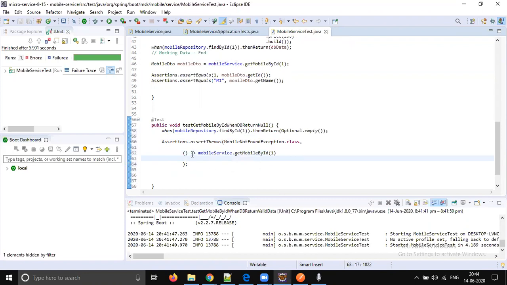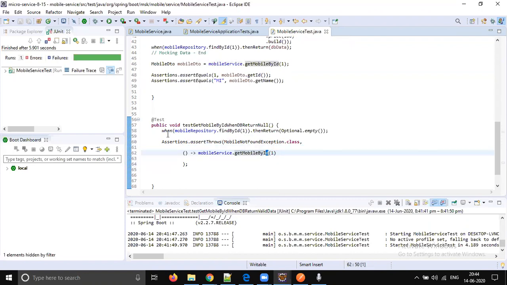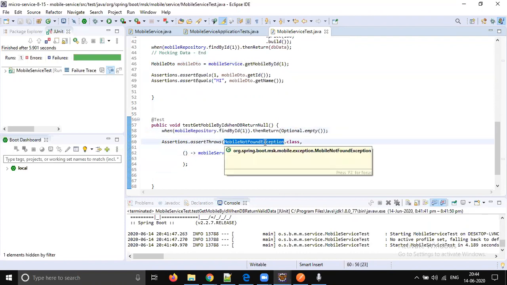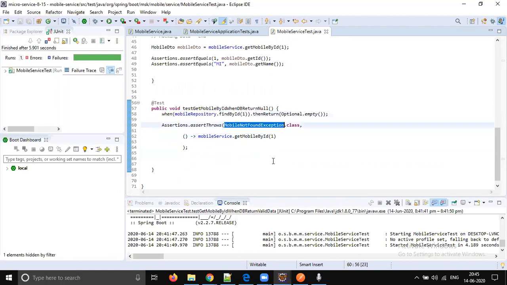So when I call this method, if the database is not returning any data, I'm expecting mobile not found exception. So what I'm doing here is calling this method by passing some valid input parameter, but internally the database will not return anything. So my method will throw mobile not found exception.